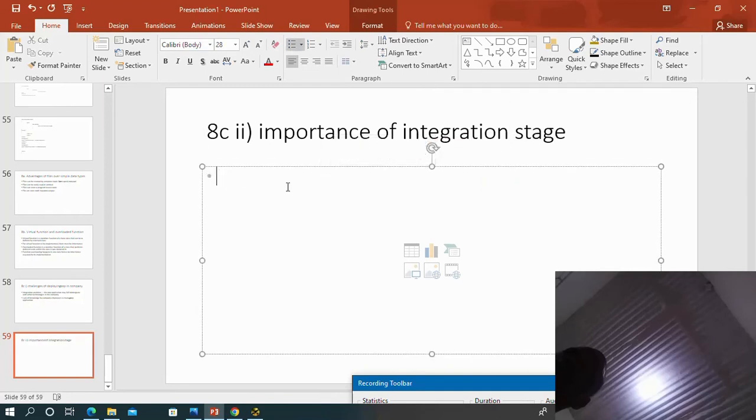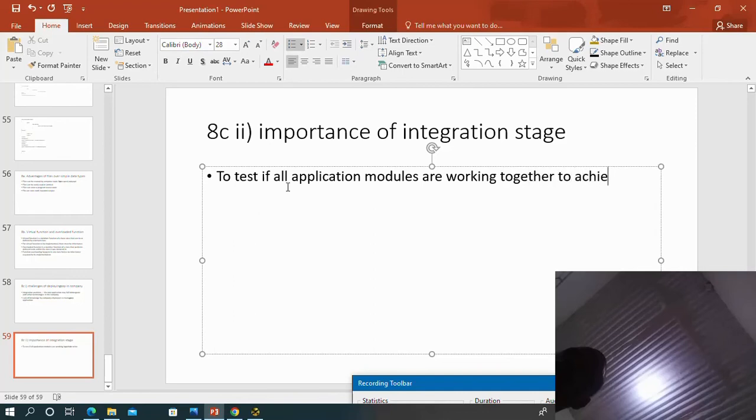So the importance, one, is to test if all software modules, or all application modules, are working together to achieve the desired functionality